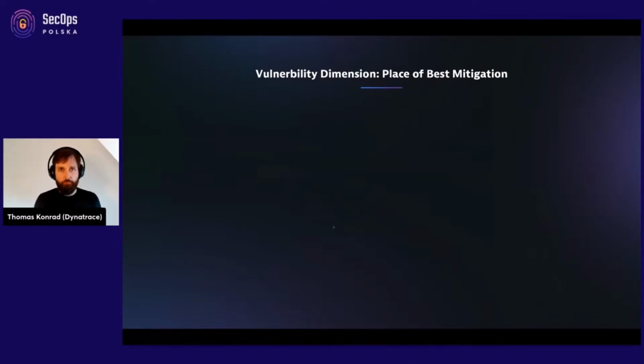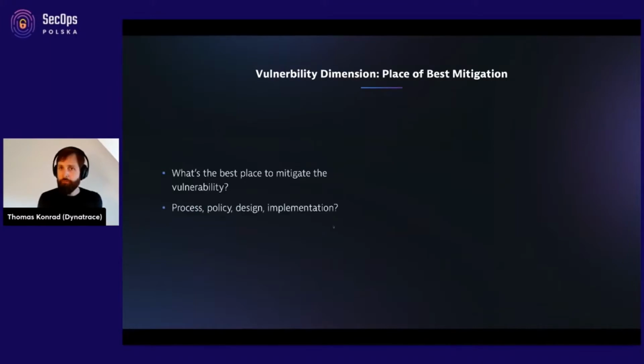Also a very different dimension of security bug classes is the place of best mitigation. So where do we fix the problem best? It could be implementation, ideally. I change a line of code and I'm done. I change a configuration. Let's say I have a weak TLS cipher configured. I go to my reverse proxy or whatever TLS offloading component I have. I take out that cipher because I might realize I don't even need it for backwards compatibility. I have mostly newer browsers. So I can just change the configuration and I'm done. So that's implementation or